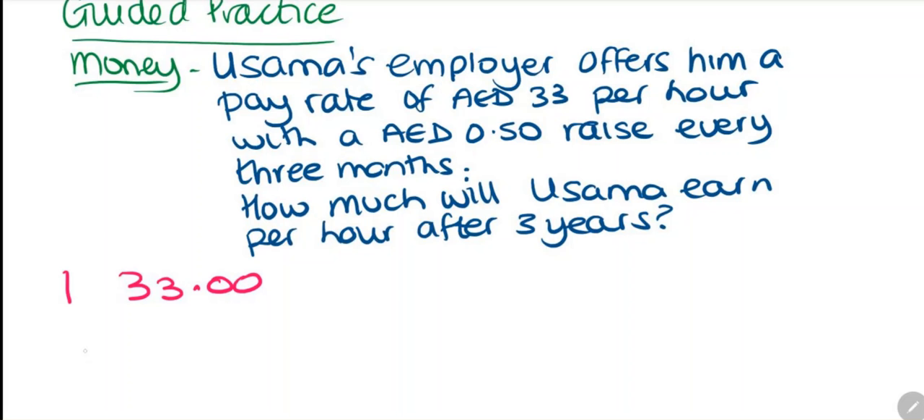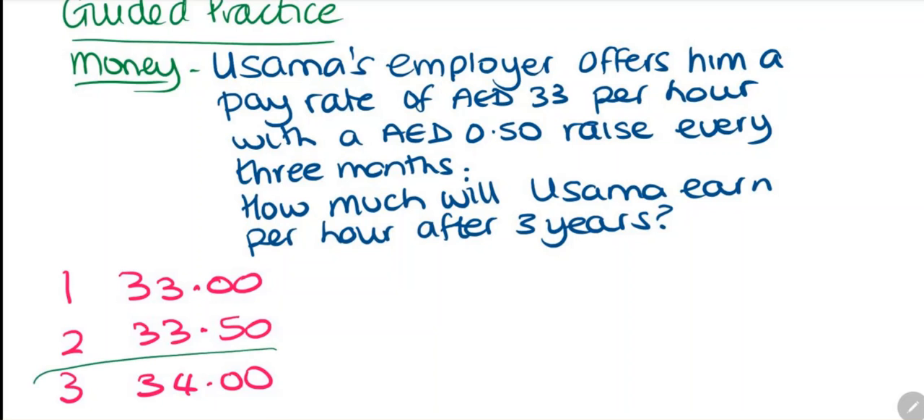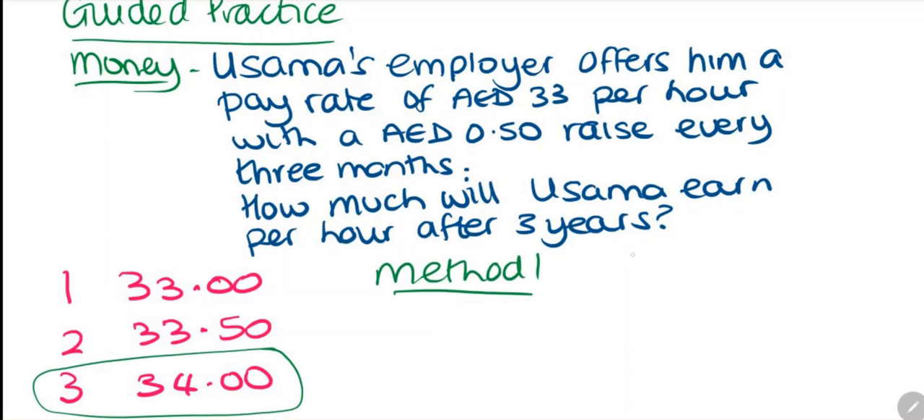dirhams an hour. Their second pay, which is 3 months later, they're going to have a pay rise, so that's going to be 33.50. And their third pay, which is going to be after 6 months, they're going to have 34. So I'm going to use these values here. And first of all, method 1, which is using